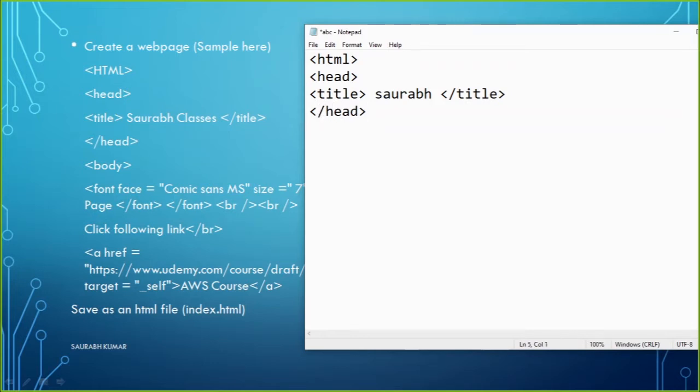Now I'm going to start the body. In the body, you can start putting content, for example h1, header 1, and you can type something here like welcome to my first page. Then you can close the header.